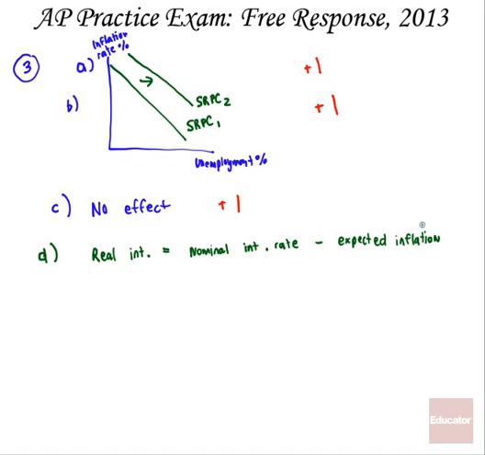Okay, so when you're dealing with this here, what's going to happen? So if the expected inflation is going to increase here, and you know that the real interest rate basically stayed the same, so there's no change. What's going to happen to the nominal interest rate? Well, the nominal interest rate is going to increase as well. So, I mean, you can just write it out, or you can draw it out like this. Nominal interest rate increases. So you get that 1 point for simply showing